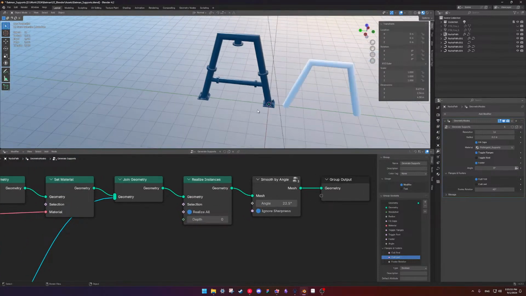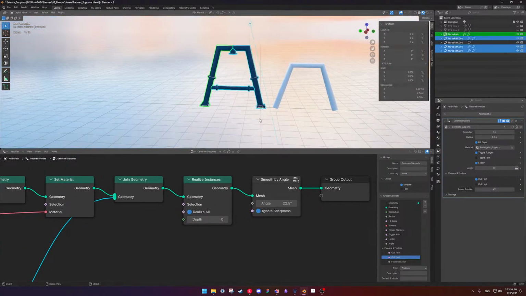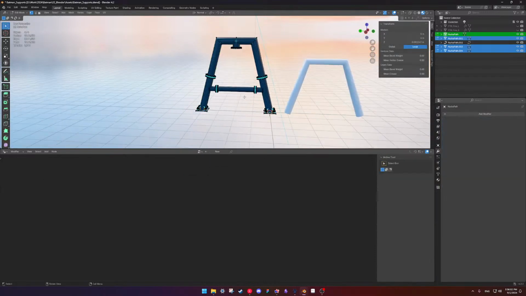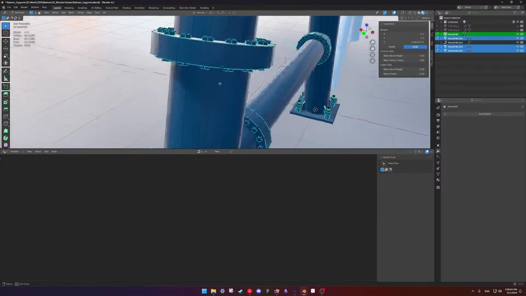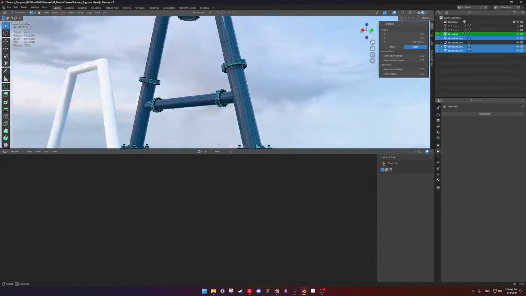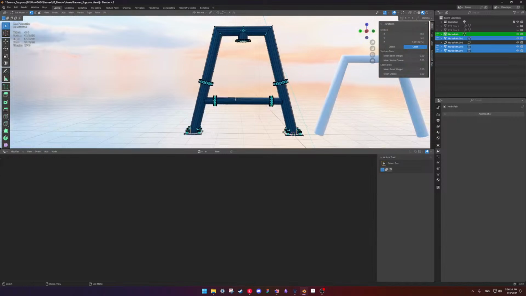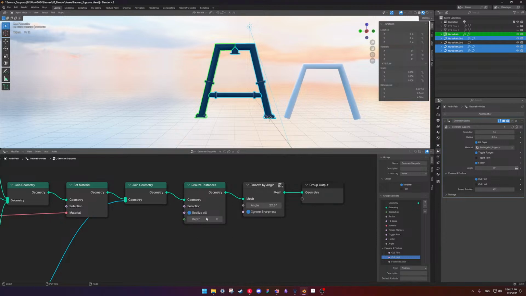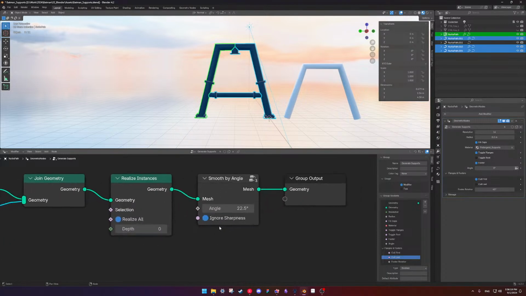After that, I have to click Realize Instances. What that does is make it so when I do say convert to mesh, it actually does convert it into a mesh, because otherwise it will not do this. It will not do this if you don't put Realize Instances there. Also, I have the smooth by angle,